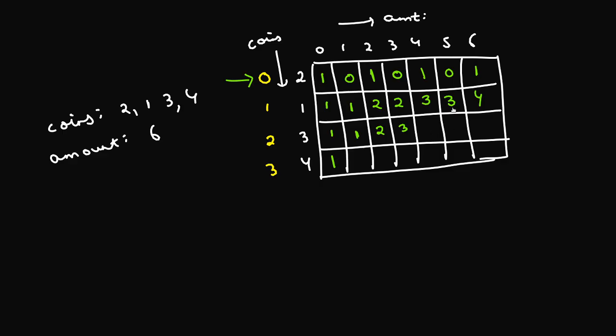Okay, let's just quickly fill these values. If I have to create an amount of 4 using the coin of 3, so if I use this coin, that takes me back to the amount of 1. 4 minus 3 is 1. So the value is stored here, 1. So 1 plus. And if I don't use this coin at all, that means I still have to make 4 using these 2 coins. So the value is stored here, which is 3. 1 plus 3, that's a 4. I'll just write a 4 there.